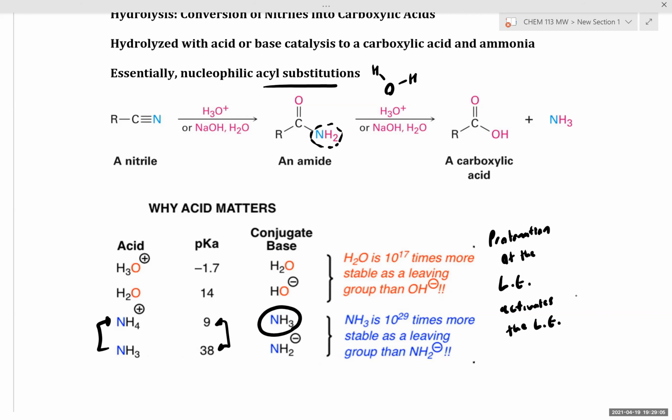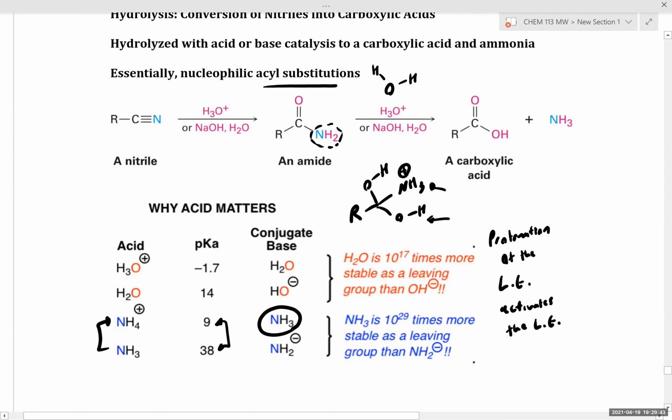protonation of your leaving group converts the leaving group into a much better leaving group and a much less basic and a much less nucleophilic species. So this is why acid catalyzed hydrolysis of amides works. We're using an excess of water, so we always have our nucleophilic species floating around, and we've activated our leaving group via protonation. We've seen this textbook intermediate, and we'd all agree that if we compare these leaving groups,